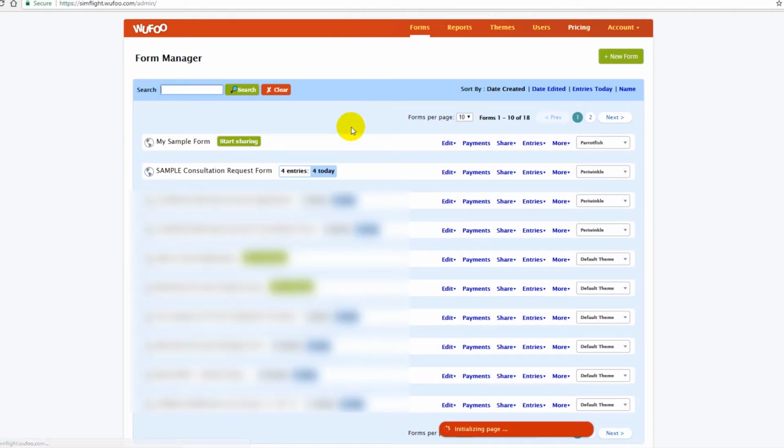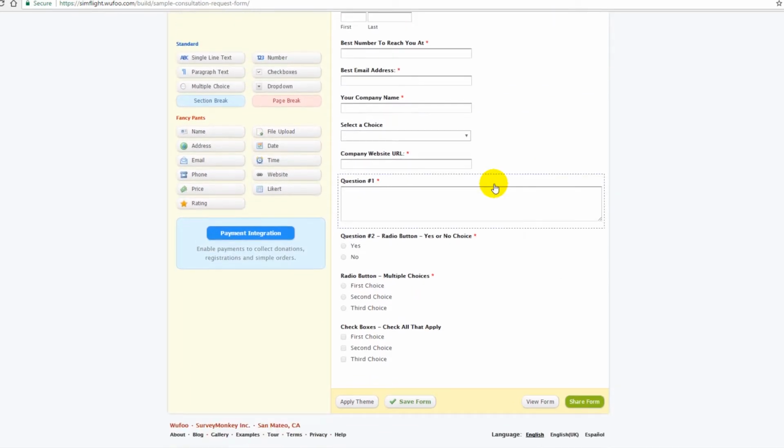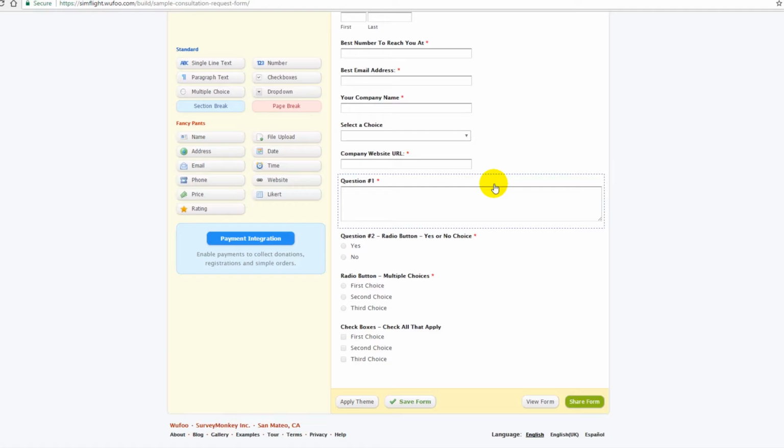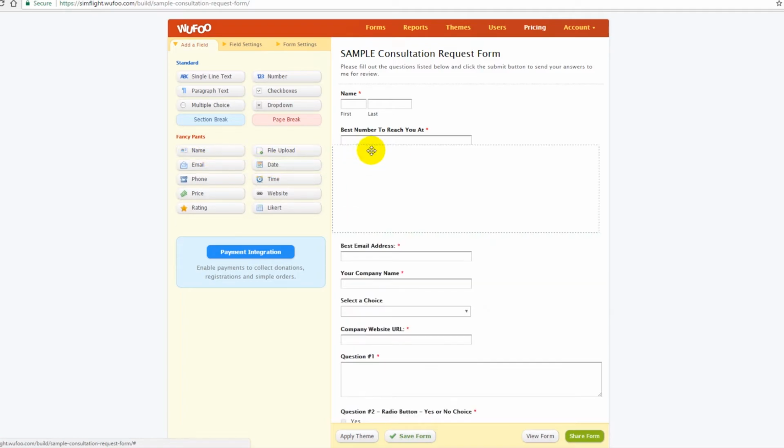Like I said, I've already started one, so I'm just going to pull that one up, and you can see that I've already added name and phone number, email address, and so on and so forth. You can customize this and ask whatever you would like that's specific to your business, obviously. So you can see that there's name fields and the standard contact information. You can pull in address, and you do it by just